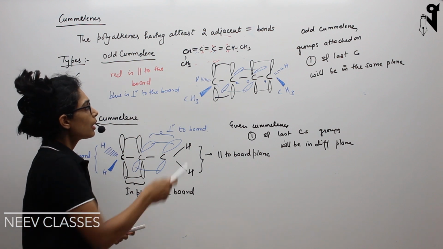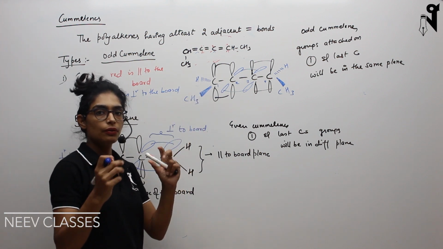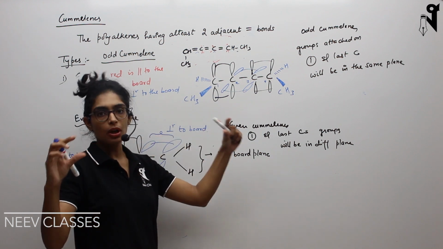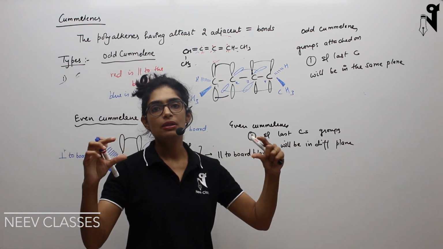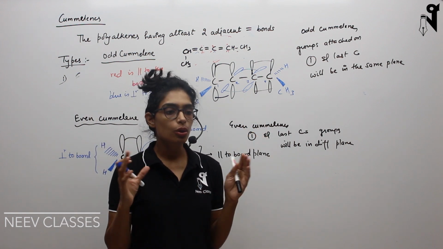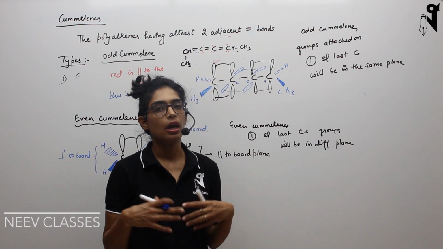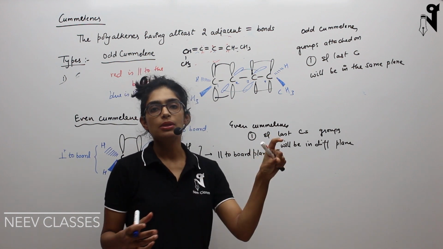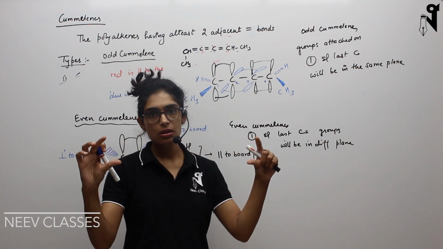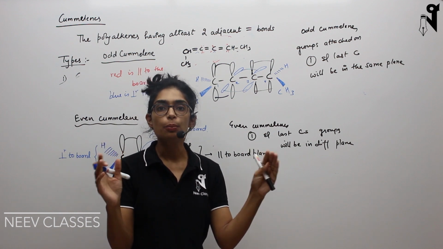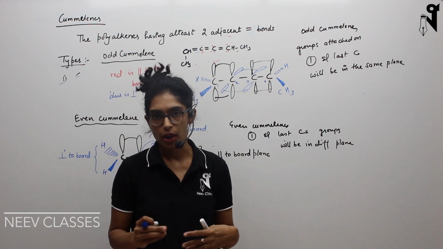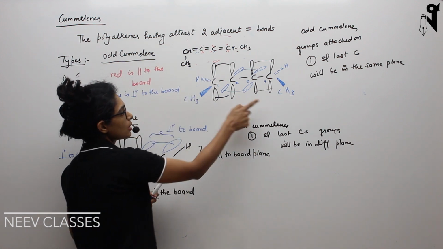Okay, now we will be looking for the cis and trans thing, not the center stuff which is carbon double bond carbon. That whole chain will not help us in figuring out the GI. Only the first and last carbon will help us in knowing the GI, or in figuring out whether the isomer is cis or trans. So in between, whatever the number of carbons, those will not play any role. They will be just passive spectators, because all of them are on the same plane and they don't have any group present on them which can help us in making different isomers of GI. Okay, so this is the structure.